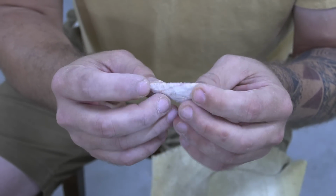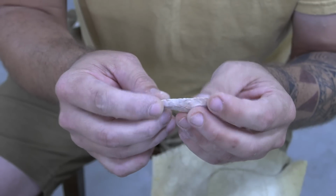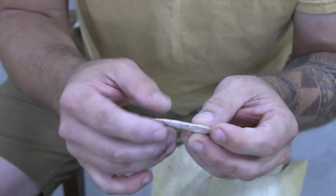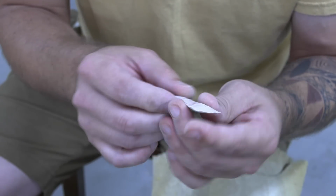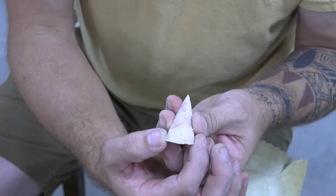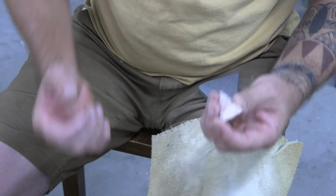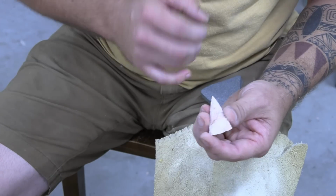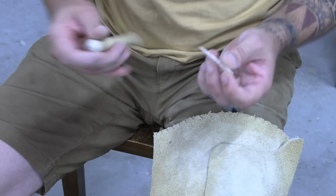Now this is really as thick as I would go. This is about 3/16. This is a little thicker than I typically get them, but well within the threshold of what I'm looking for. 3/16, kind of at the max. And then you're looking at back here about 1 inch wide. 7/8 legal in most places. We'll talk here at the end about why bigger is not better when it comes to stone points, but